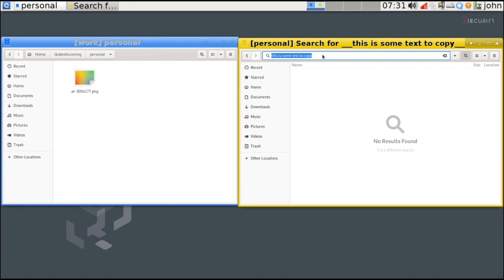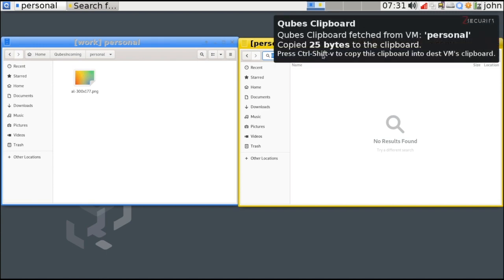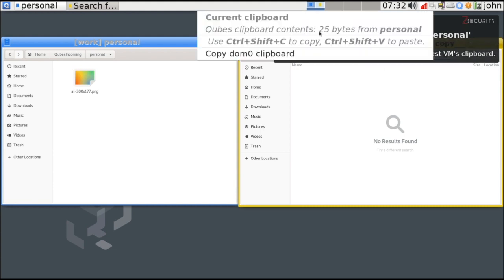And then we're going to do Control-Shift-C. Doing this will copy the text into the global clipboard. So right now, the text that I just copied is available for all operating systems, for all domains to capture. And if you go here to our clipboard, you can see that we have 25 bytes of data copied